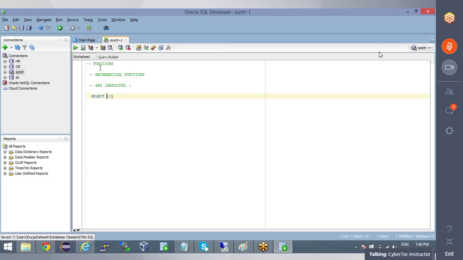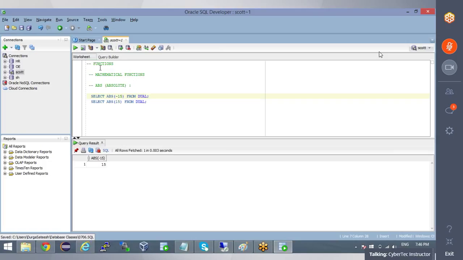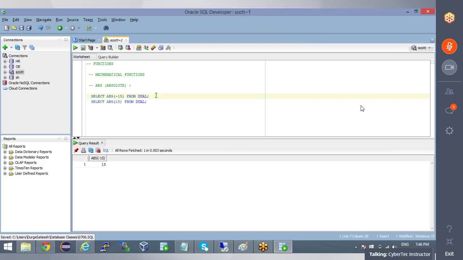Okay, let me say ABS of -15 from dual, and select ABS of 15 from dual. Now what is this particular function doing? Now when I say select ABS of -15, what it has done, it has converted,